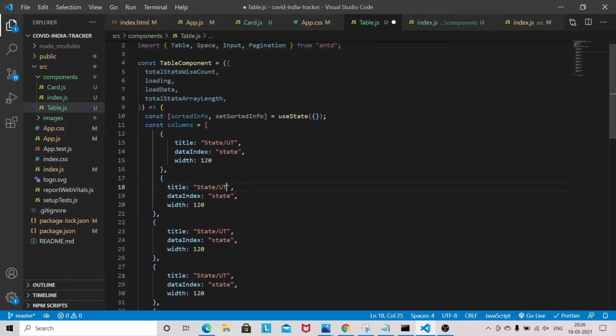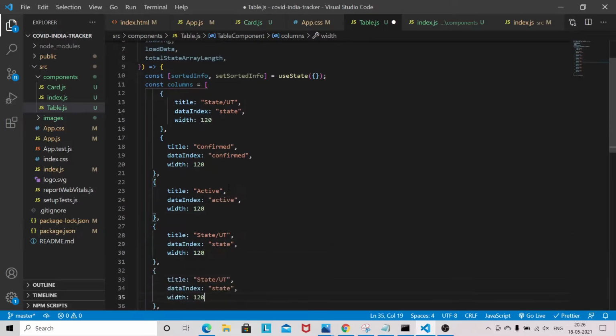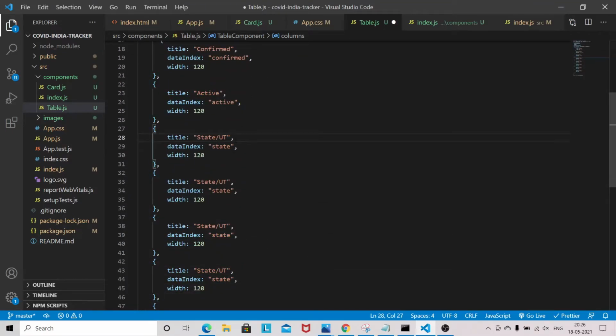Now the second one is confirmed, the third one is active, and the fourth one is recovered.